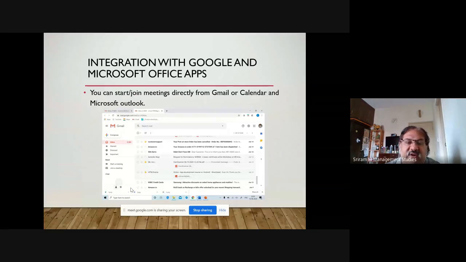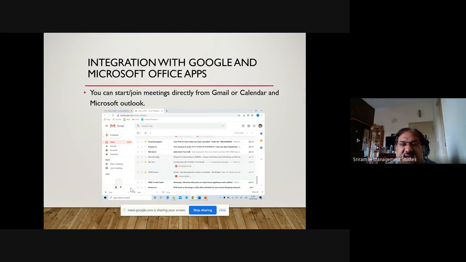If you look at this particular screenshot, I've taken one from my personal mail purposely. You can see on the left-hand side below Compose, Inbox, etc., you have the Meet option there. Either start a meeting or join a meeting. So directly from your mail, you can start the meeting, or you can even join an existing meeting. So that is one advantage you have. Whatever is linked to your email, if you want to come as a participant, from your email directly you can ask to join a meeting, and you will go to that particular meeting page.